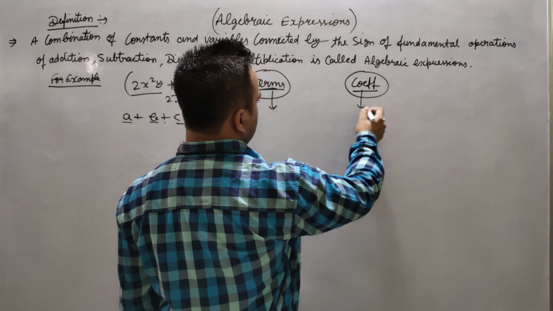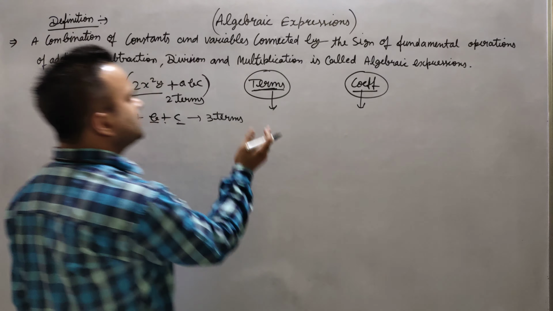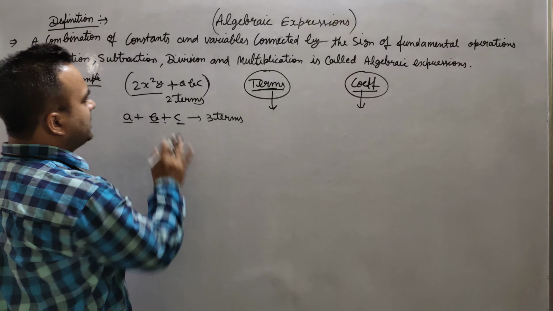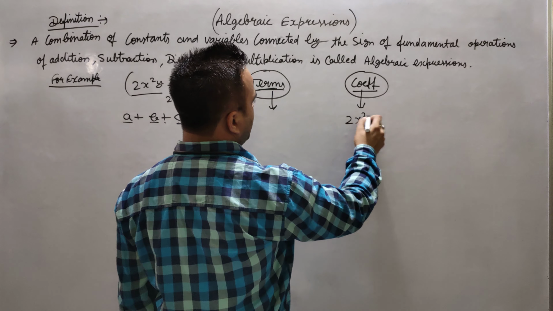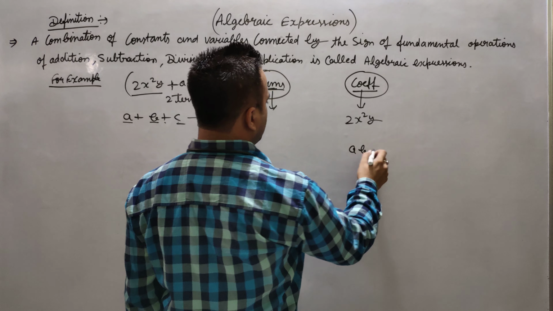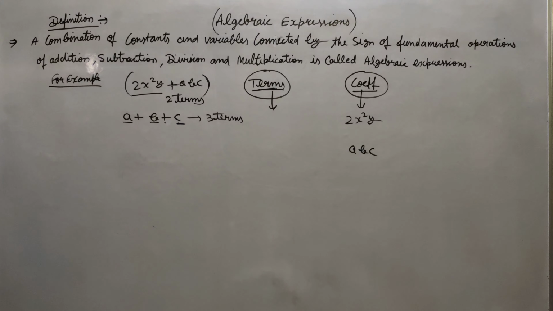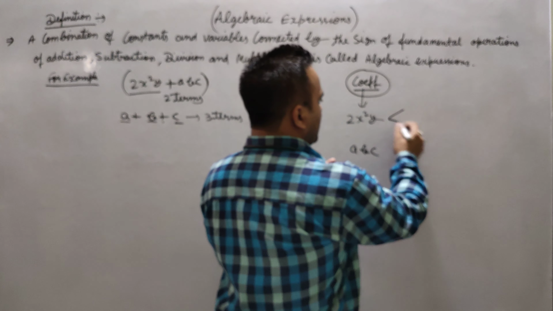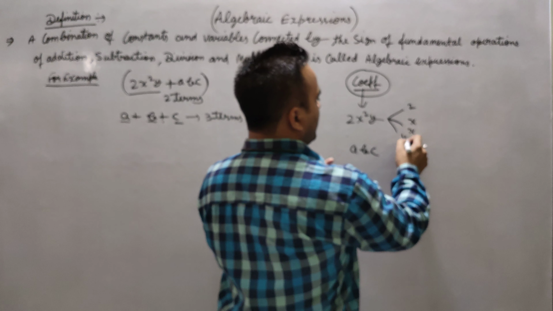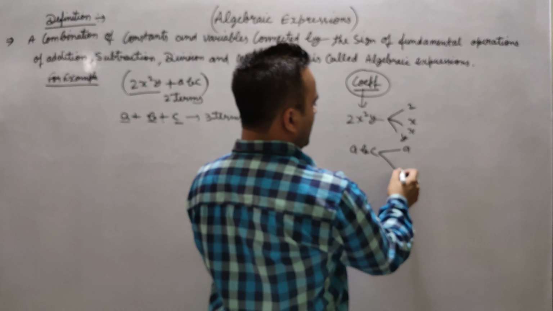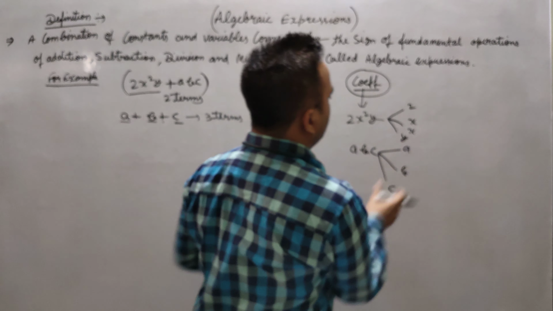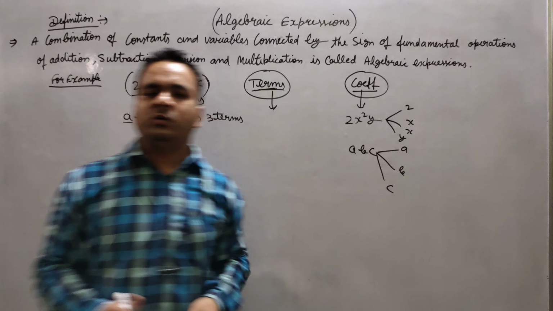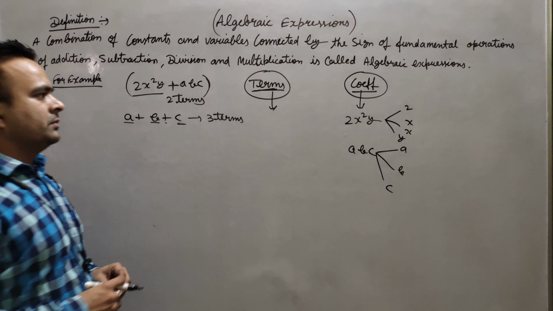Now I am coming to the coefficient part. The coefficient part comes after the terms. When you decide how many terms there are, then we check each term. Suppose I am taking this term and this term. First of all, how many factors are here? There are 2, x and y obviously, and here a, b and c, because whatever we have in that term, 2 times x and y, they all are known as factors of that term, right?